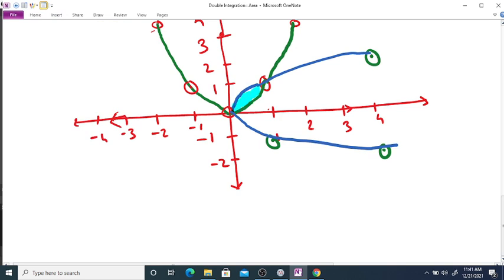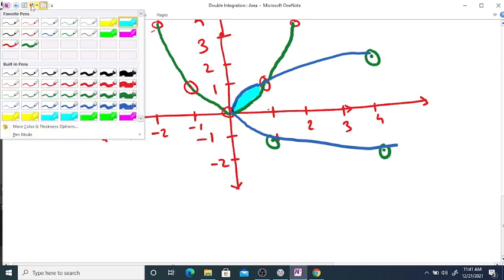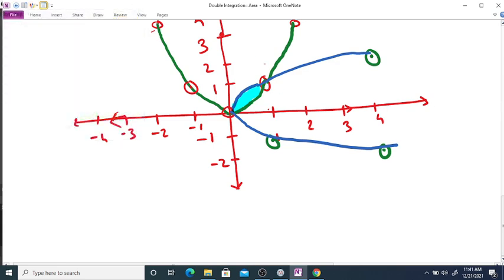So this is a closed region bounded by y equal to x square and x is equal to y square. Now this is y equal to x square and this is x is equal to y square. Now to cover this area we are going to find the lower and upper limits of x and y. Consider a vertical strip. This strip touches first at y equal to x square.